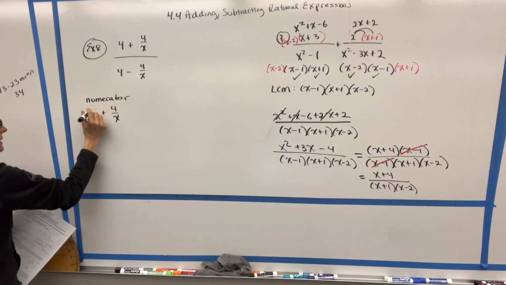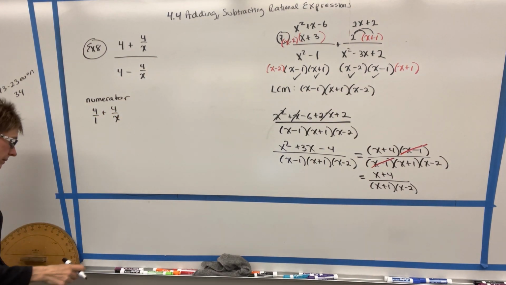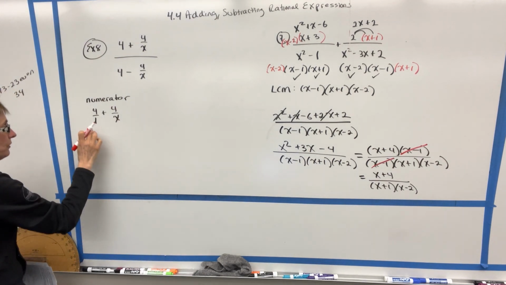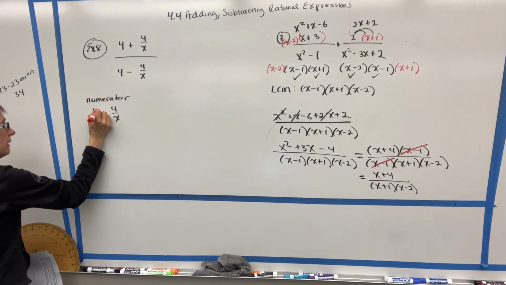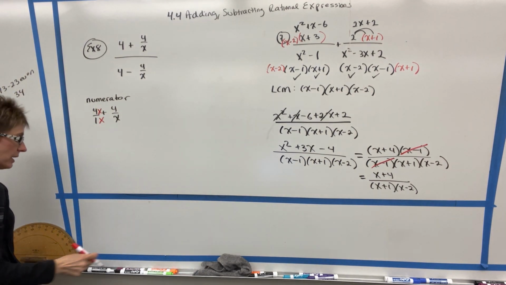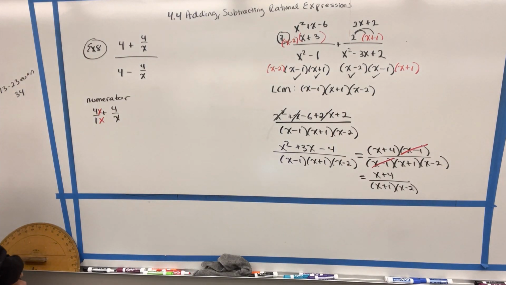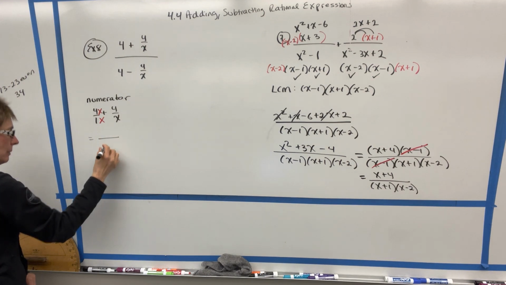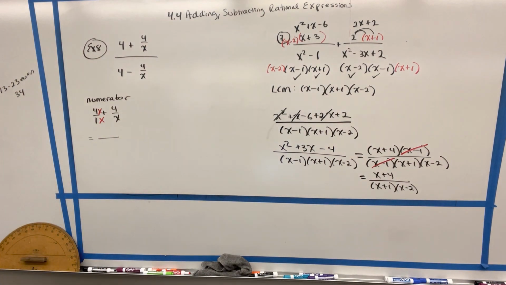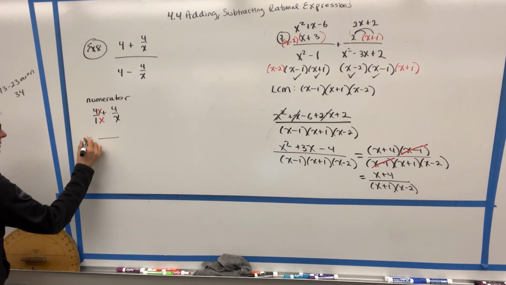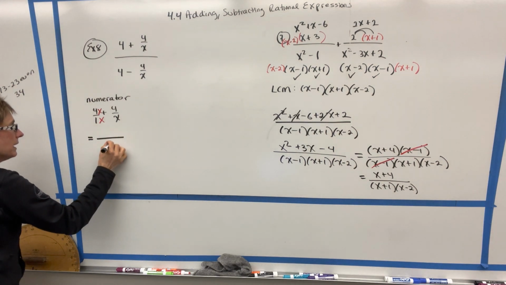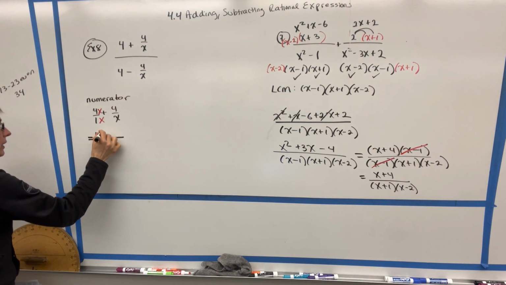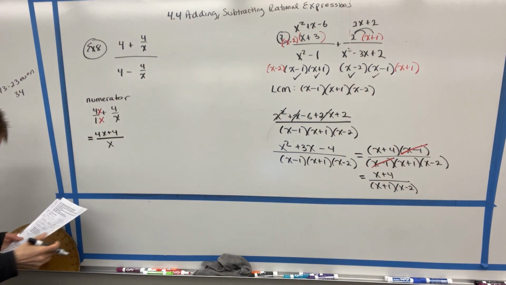We can think of this as 4 over 1. In order for these to have the same denominator, I need to multiply the top and bottom of the first one by x. Now I can add these and have a denominator of x